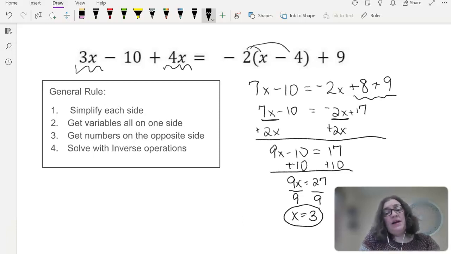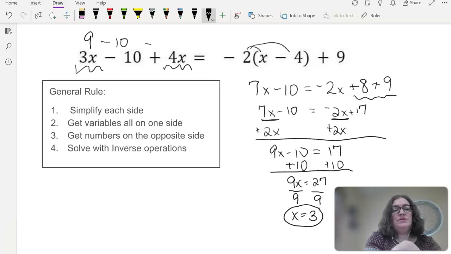Guys, anytime I can check this answer to be sure that it's correct by plugging that 3 in everywhere I see an x. So if I came up to the top, 3 times 3, that would be a 9. I'd still have the minus 10, and 4 times 3 would be plus 12. If I did 9 minus 10, that would be negative 1 plus 12 would be 11, so the left side